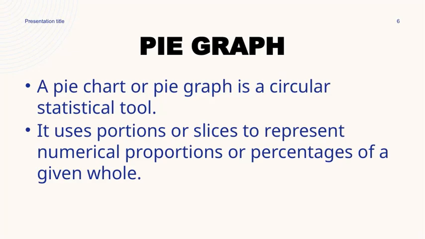Let's take a closer look at this pie graph. As you can see, a pie chart is a circular statistical tool that helps us visualize data in a very intuitive way. Each slice or portion of the circle represents a different segment of the whole, making it easy to compare parts to the entire dataset. These slices stand for the numerical proportions or percentages of each category, giving us a clear view of how the